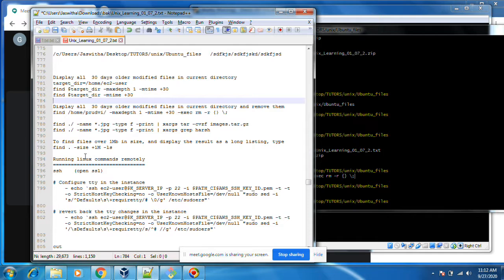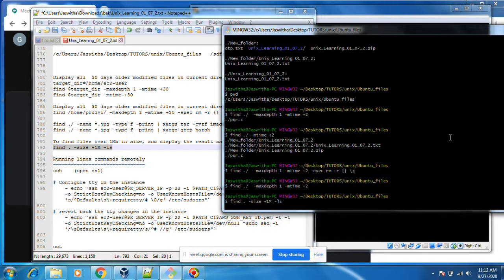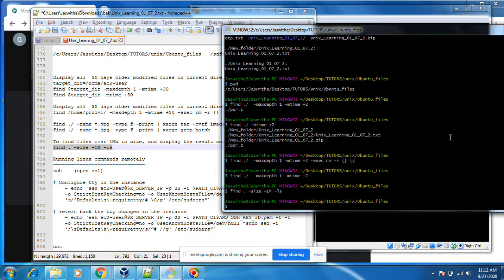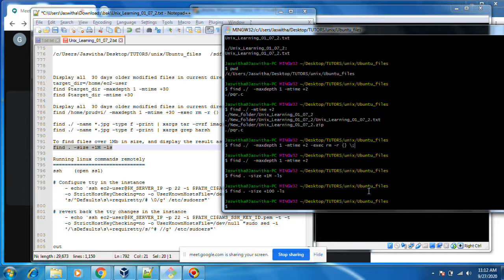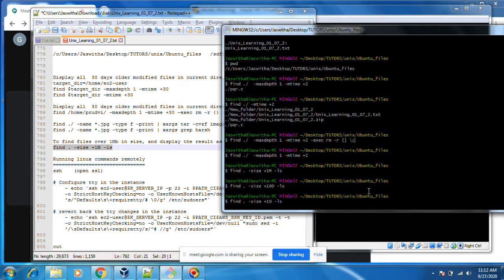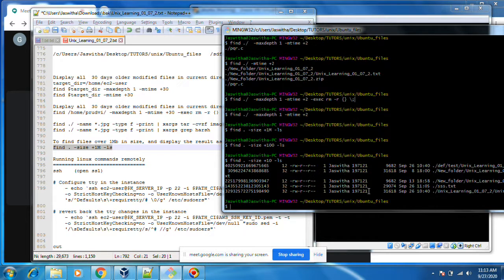Okay, this is size. Based on size also, it will show. There will be so many options in find. More than 1 MB, it won't be there. You can see, more than 10 bytes.